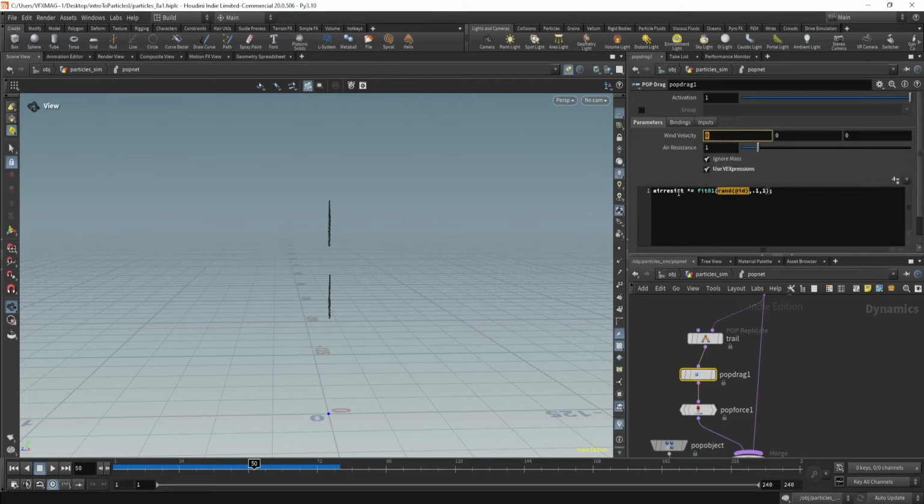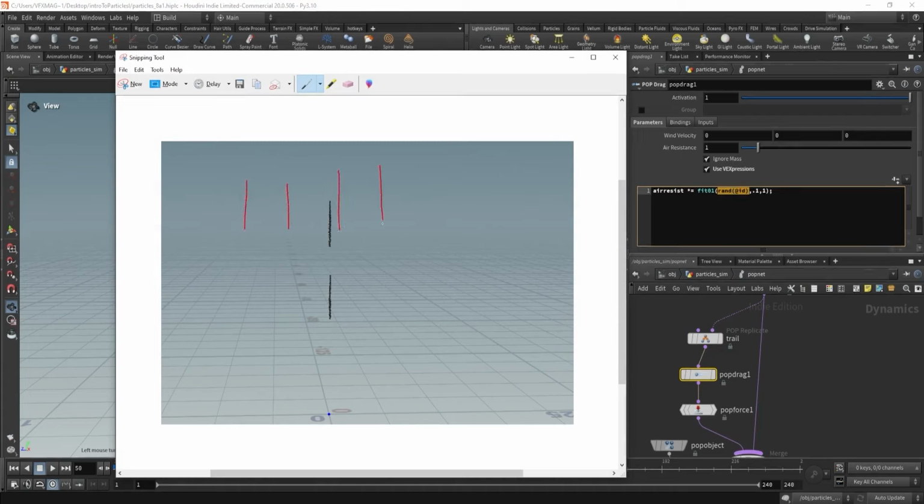And why am I using this VEX? If I use air resistance, it will assign one value, one drag, to all particles. So all particles will slow down at the same time. That's not what I want. So here I will use some VEX. So random ID. So what is random ID over here? Let's just understand. If I have multiple IDs over here, meaning 5, so this is from 1 to 5 I have, right? It will randomize it, and it will give me values from 0 to 1. So we will have a gradient between that: 0.5, 0.6, 0.8. So it will randomly assign on all of these 5